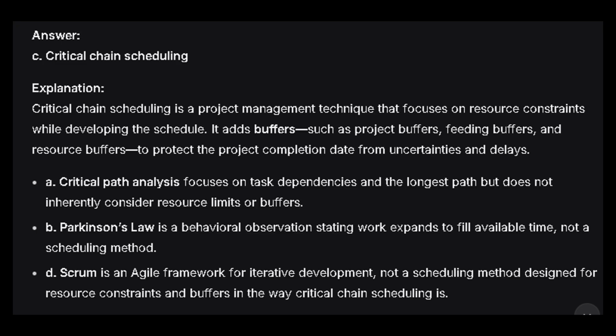Explanation. Critical chain scheduling is a project management technique that focuses on resource constraints while developing the schedule. It adds buffers, such as project buffers, feeding buffers, and resource buffers, to protect the project completion date from uncertainties and delays. A. Critical path analysis focuses on task dependencies and the longest path, but does not inherently consider resource